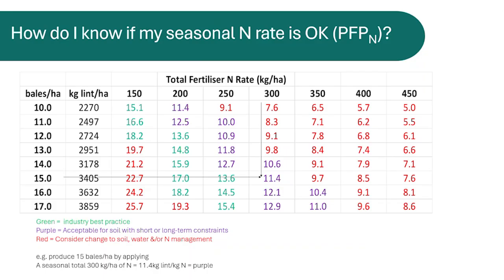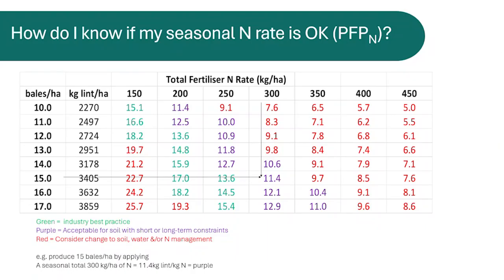Leave out the ones that have got another constraint that are upsetting and giving you low efficiency. So how do I know? Well, if you look at the green and purple numbers there, the green ones for well-structured soils, and the purple ones you could probably apply to soils that have maybe some minor structural issues, like some sodic subsoils, and they're not quite as good as the best soils in producing the number of kilograms of lint per kilogram of N